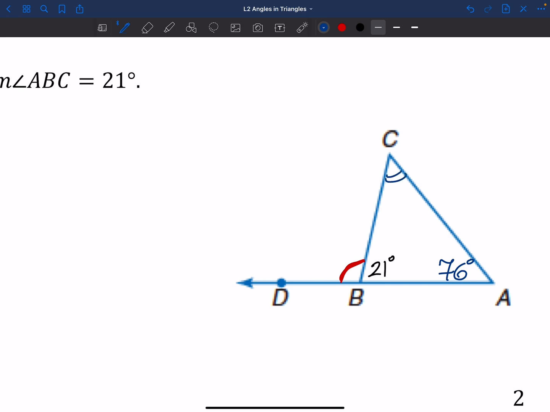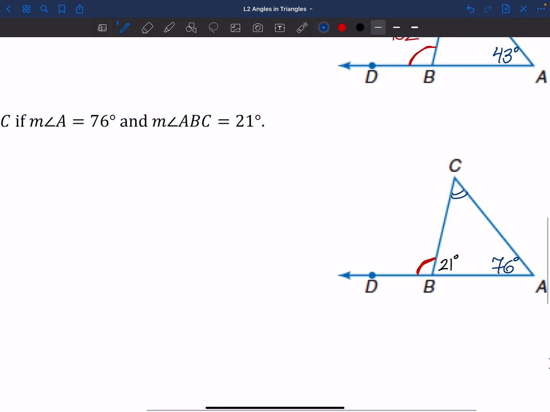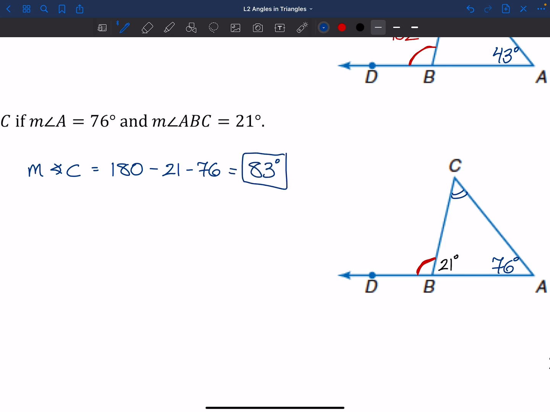So a couple different ways that we can approach this one, right? And either one is fine. One way that we could do it is we can use what we were doing on the front side of these notes to figure out what angle C is, right? So let's take a look at that way. The measure of angle C is equal to 180 minus those pieces we know about, the 21 and the 76, right? That's going to leave me knowing that the measure of angle C is 83 degrees,